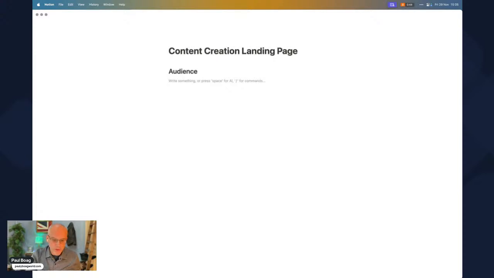So what we're going to do is I've got a keyboard shortcut that brings this up. So the audience for this content creation landing page are publications that are targeting UX professionals and are producing content relating to user experience design, and they want my help producing that content. So that would include people like Smashing Magazine, Wix, Frontify, who else have I worked for? Those three examples will do for now.